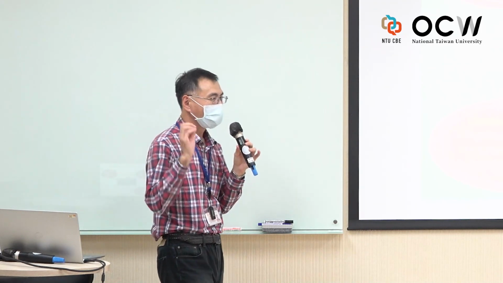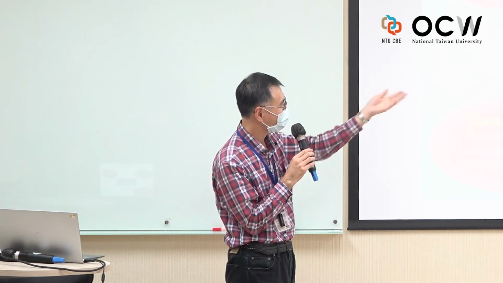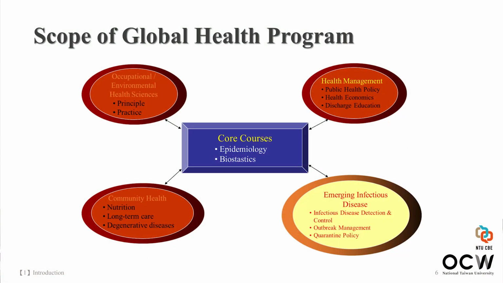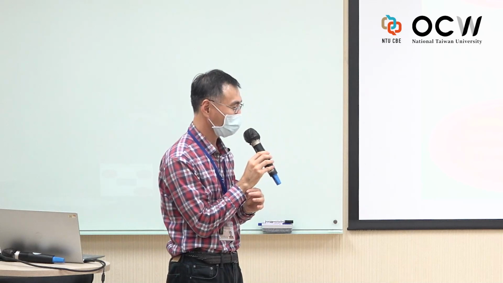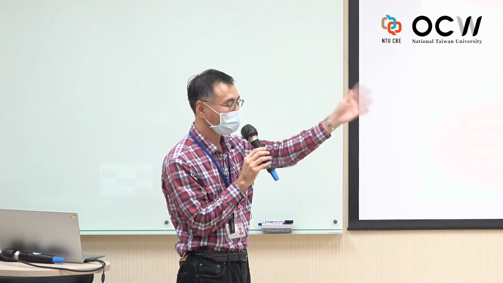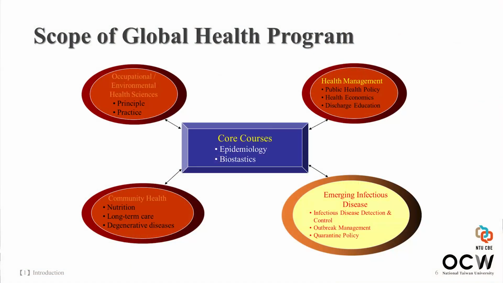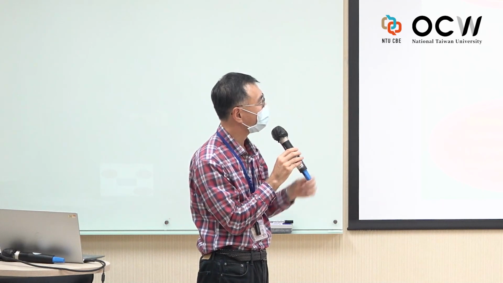In any public health college or school, there's always something called core courses. Epidemiology and biostatistics will definitely be part of it. So we call it core courses. It will be very helpful for you if you have some background knowledge or training about epidemiology and biostatistics, which could be applied in a very broad range of areas, like occupational and environmental health, the principle and the practice. You'll be able to understand what's going on and how that could be helpful for you to deal with data